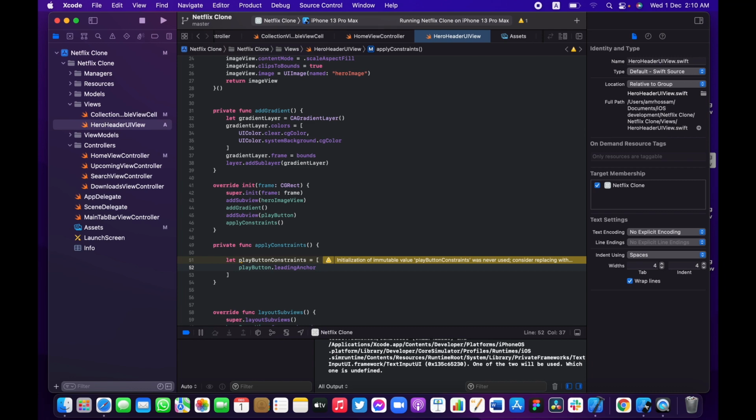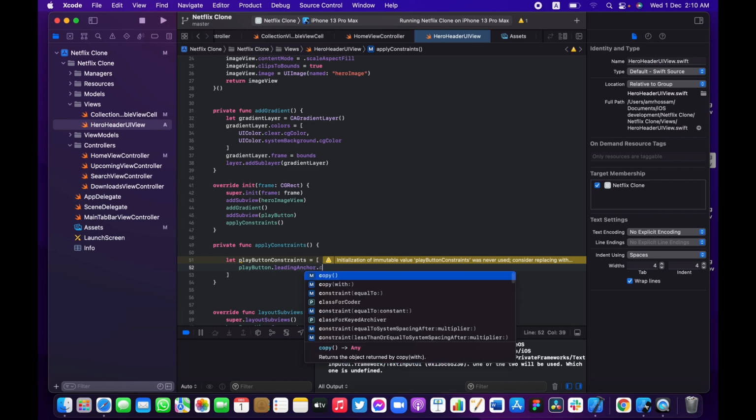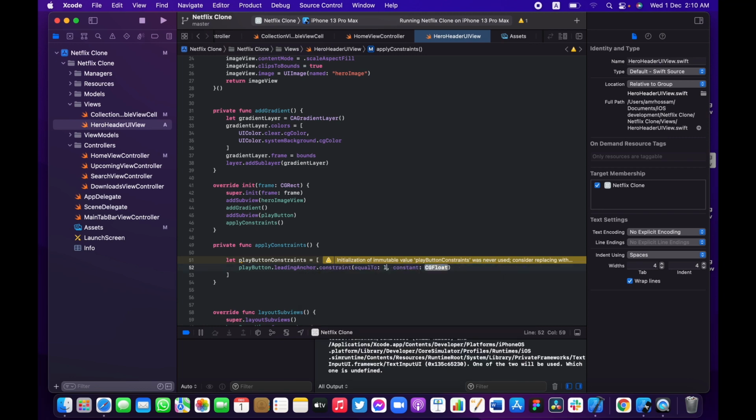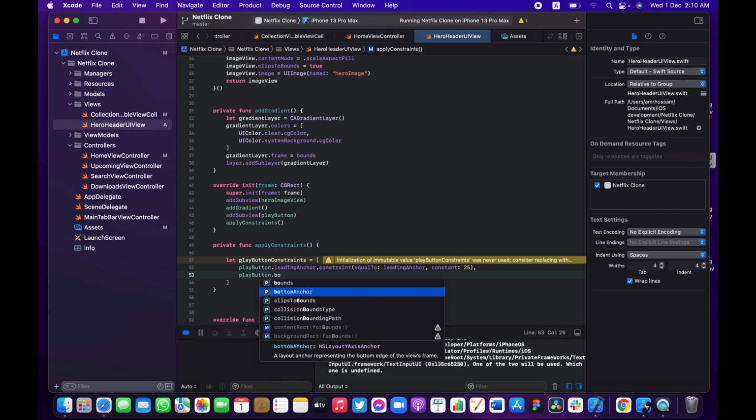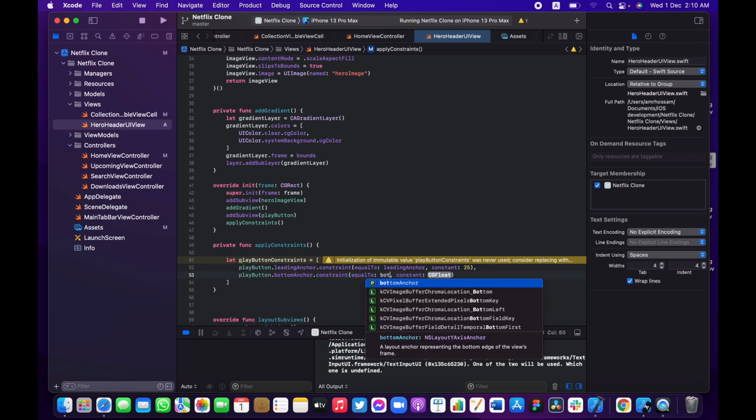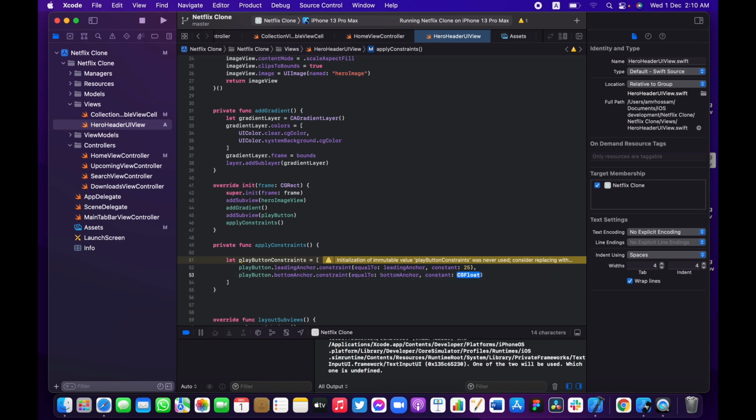so it behaves differently with each language. So we're going to constrain that to the leading anchor, and I want to give that a margin of 25 points from the left. Then I'm going to add another constraint, which is going to be the bottom anchor, constrained to the bottom anchor, and I want to give that also a margin. However, I want this margin to be negative, so that it doesn't count from the point of the bottom constraints and move downward. I want this play button to move upwards, so I'm going to give that maybe -20,